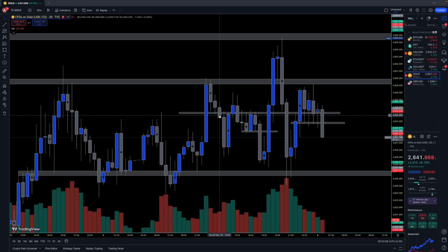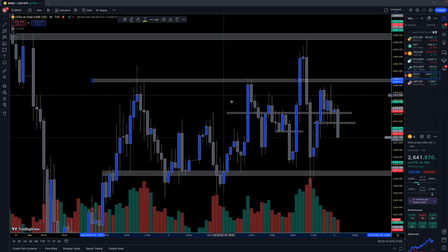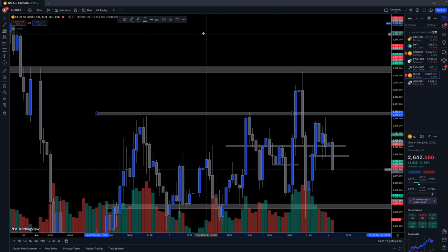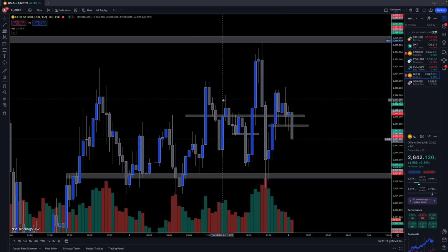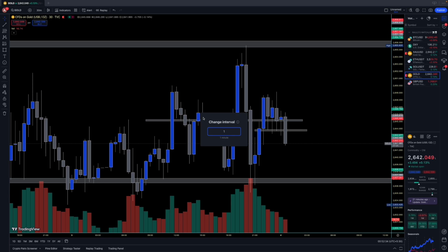As you can see, we don't have enough market structure in the 30-minute time frame, and we just have this resistance over here. And this resistance is also not valid because it has already been broken out by this candle, and the candle has also closed here. So this is an invalid resistance, so we'll delete it. We basically do not have clear enough market structure. So if we jump into the 15-minute,